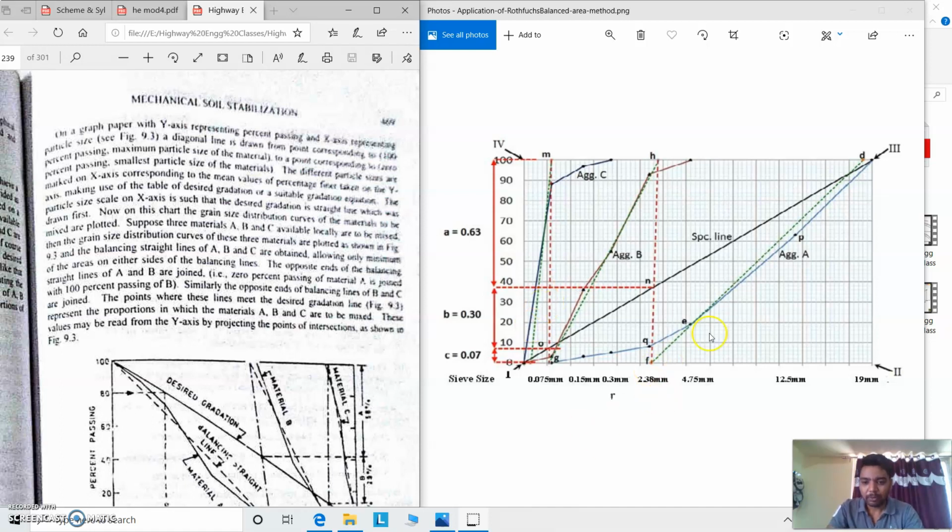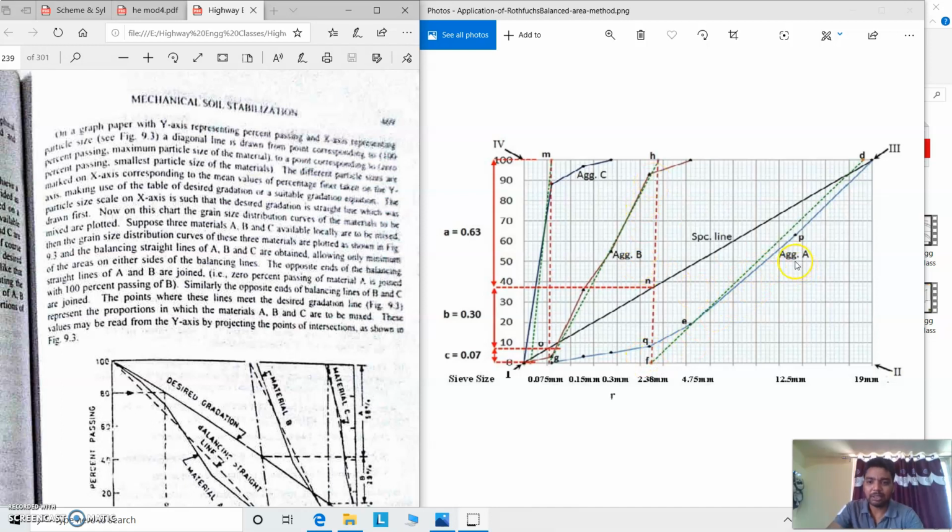Like you can see here, for aggregate A, we have the plot in this manner. As you can observe from these points, aggregate A is retained on particular sieves, right? So the balanced line is to be drawn. That balanced line should be drawn such that the maximum percentage of area should not be outside this line. You can see here, the maximum percentage of area should not be retained or left on either side of the aggregate line, that is a graded line. So this balanced line should be drawn on particular aggregates.